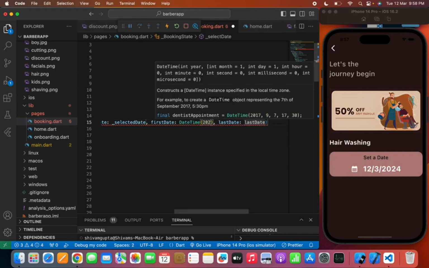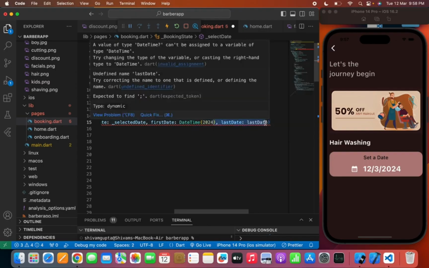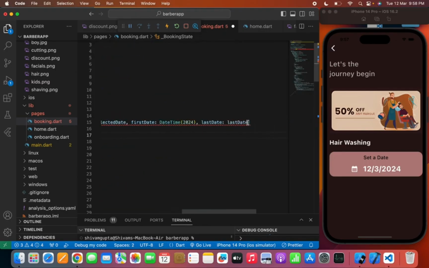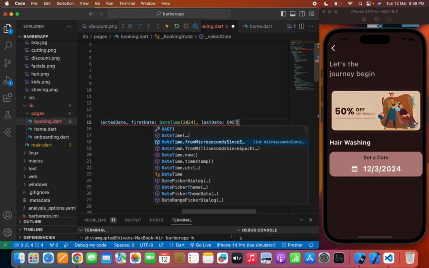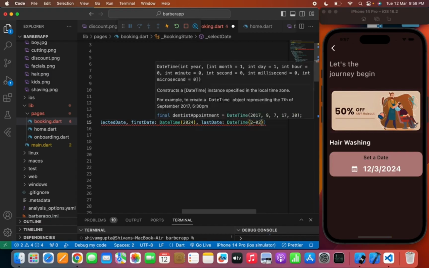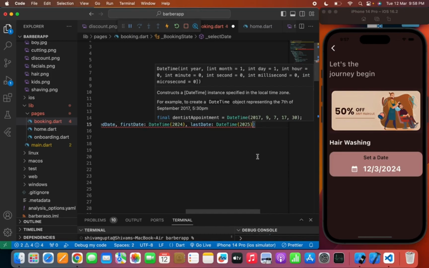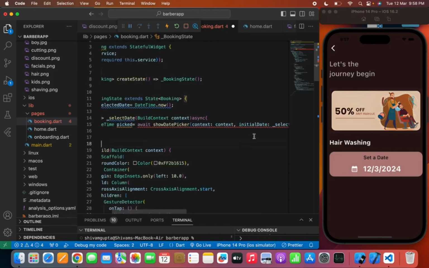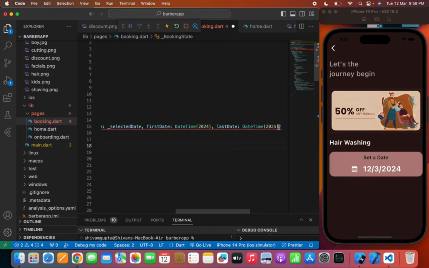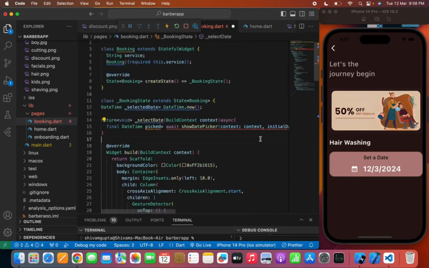So it is 2024, so I'm passing 2024, and the last date keep maybe 2025, because it is a booking app, so we can't book the service for like after 1 or 2 years. So that's why it is 2025,